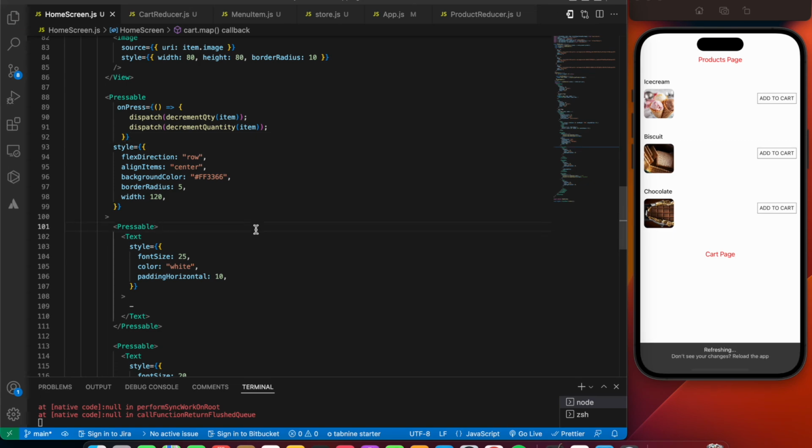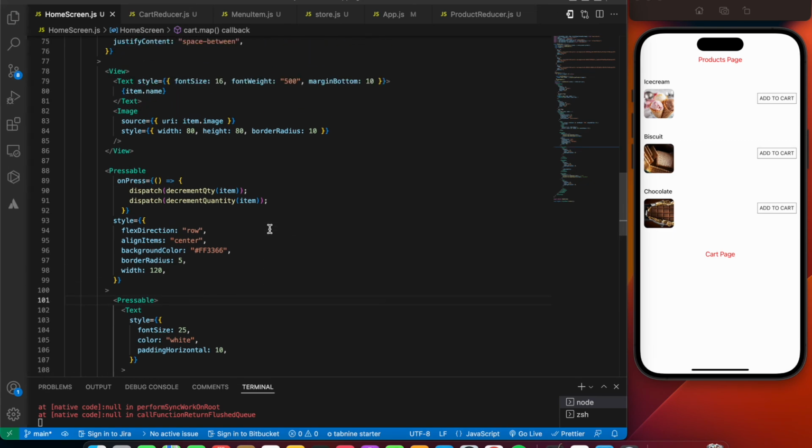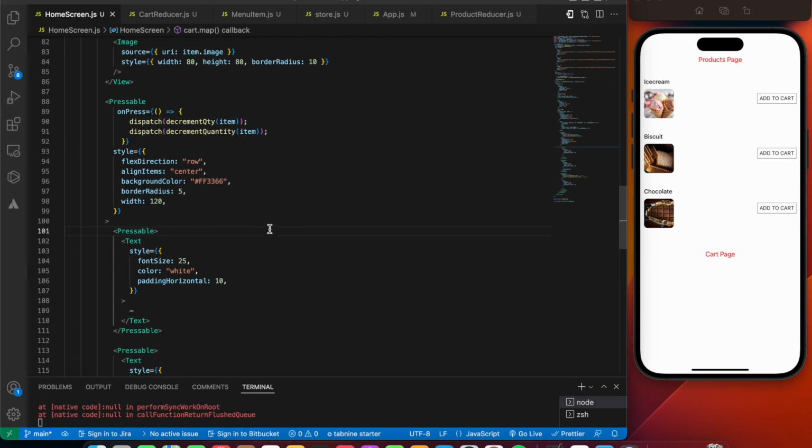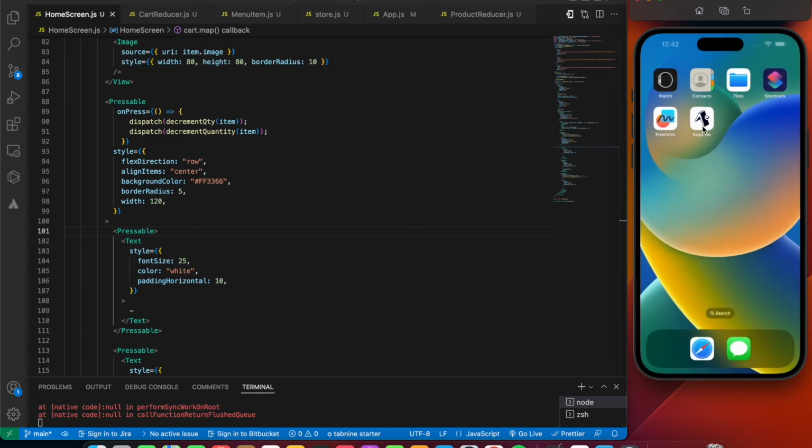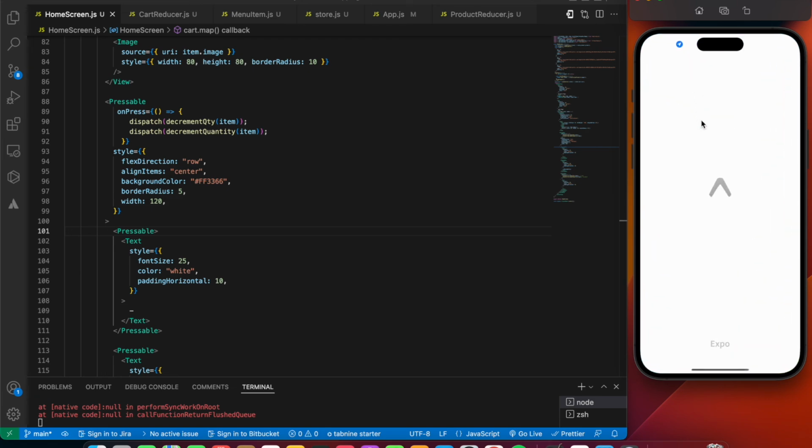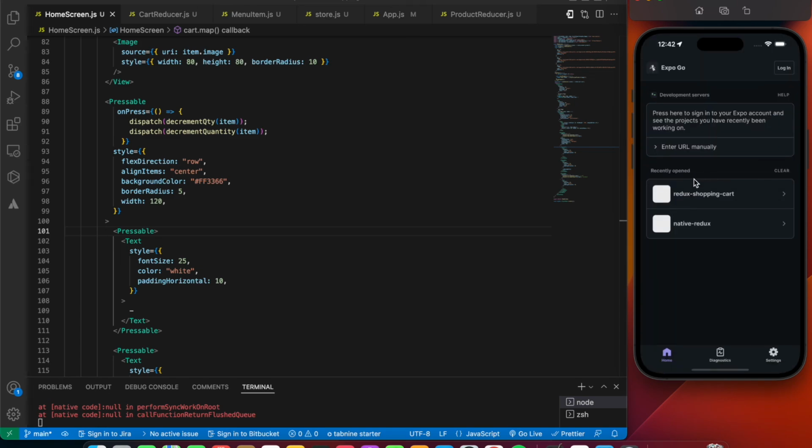Okay, save the file. Yeah, hopefully now it should work. Okay, so the one mistake we made was we just exchanged the different actions for the opposite symbols. Okay, so now let's press on add to cart. Okay, it's working from 2. Let's refresh the app and start it from the right beginning. So now let's open up our app right from the start and let's give it a try.